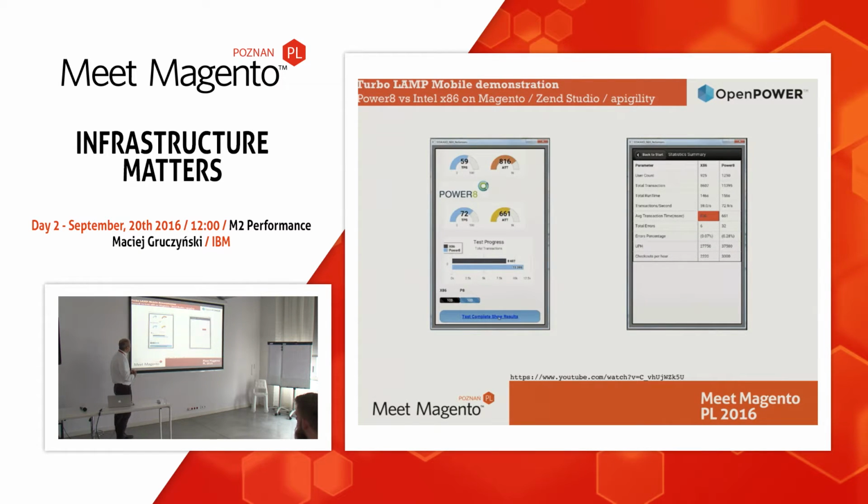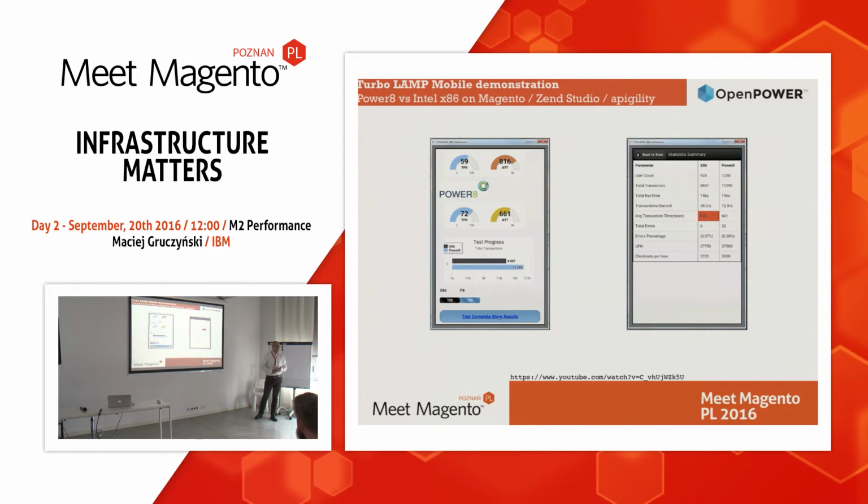The results are here. One other thing that was visible during the test was that after a short while, when we started to increase the workload, Intel processors started to overheat, and they started to throttle down the clock speed. Because of that, the average transaction time, and this is the result for the Intel, and this is the result for the Power. So Intel could process roughly 60 transactions per second, Power could process 70 transactions per second, with much better average transaction time. And overall, the number of transactions processed in the 2-minute window was much larger on the Power platform,